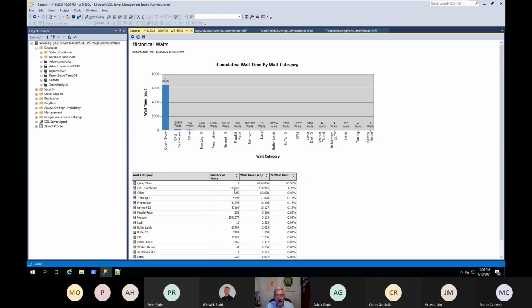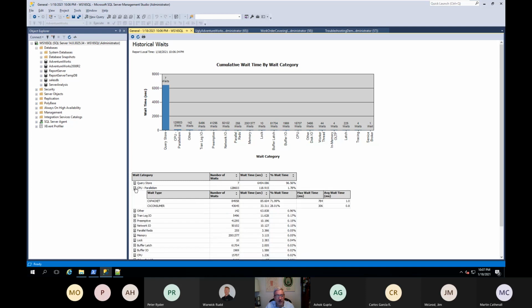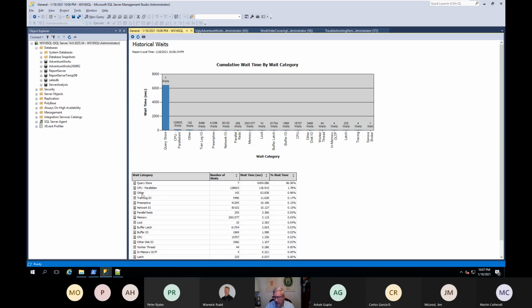But of course, number of waits, parallelism is pretty high, both CXPACKET and CXCONSUMER. So I could do some work on trying to better allow SQL Server to parallelize more evenly.